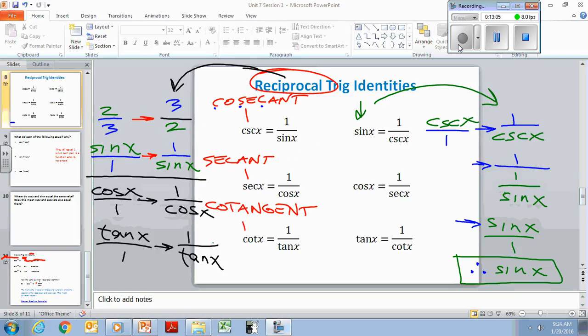So reciprocal, I want you to know that word. Flip it. There are some special flips that when you flip them, produce a new name. 1 over sine is cosecant, 1 over cosine is secant, and 1 over tangent. Anything else that I've done, it's neither here nor there. But if you just have reciprocal, flip, sine, 1 over sine, that's cosecant with this abbreviation, then you're good to go.